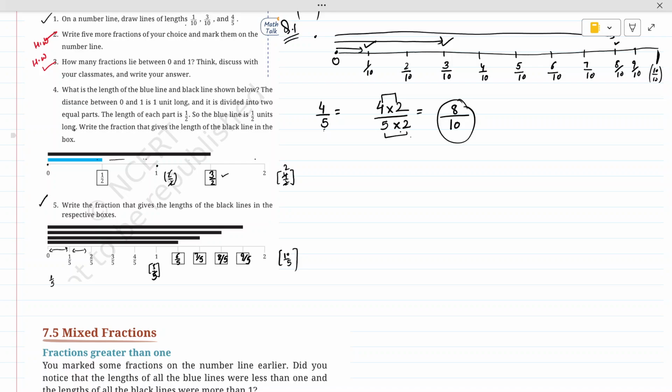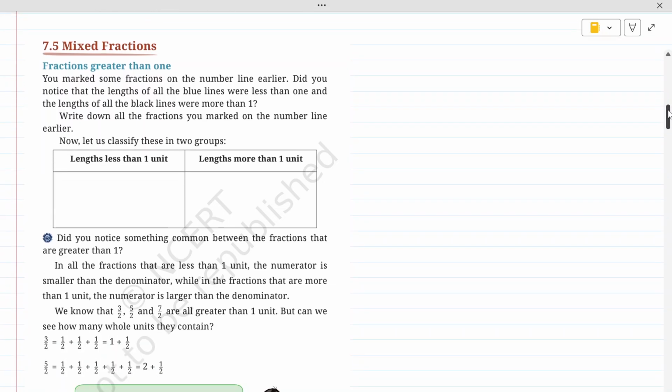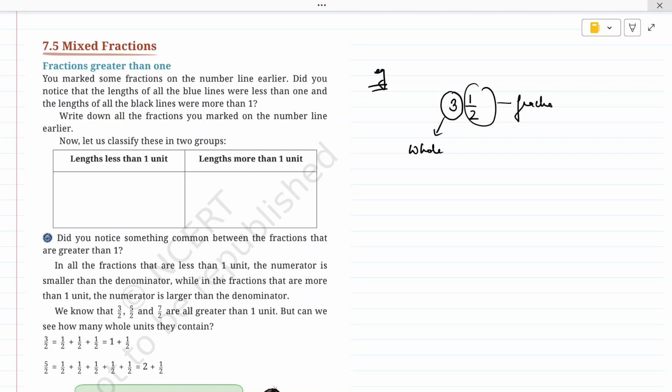Question number 5. So kids, now you understand how we have to mark the fractions on the number line. Next, let's go to the mixed fractions. So mixed fractions, kids, we have already done in grade 5. I'm just telling you one example of mixed fraction. Mixed fraction has two parts. First, it has a whole number and then it has a fraction also. So if I write down 3, 1 by 2, here 3 represents one whole and 1 by 2 represents the fraction. Okay, so since it contains both a whole number and a fraction, it is called a mixed fraction,